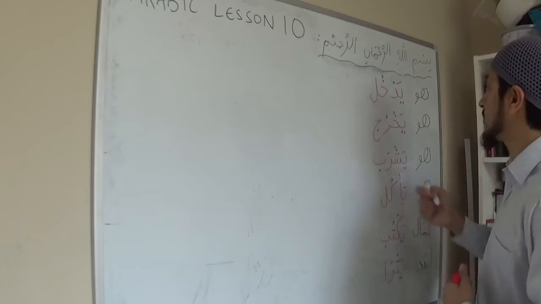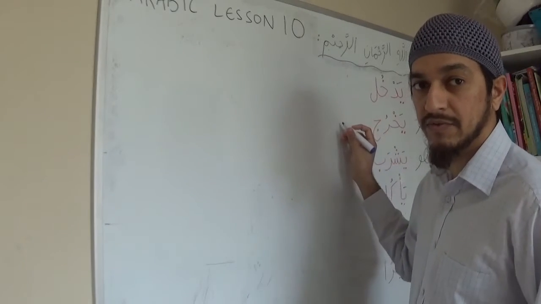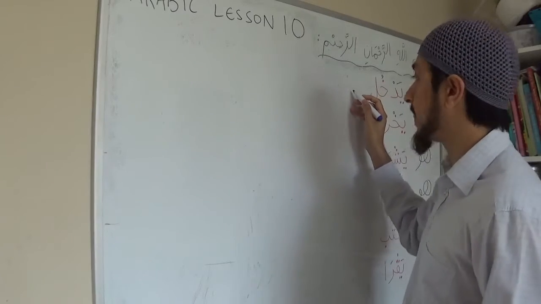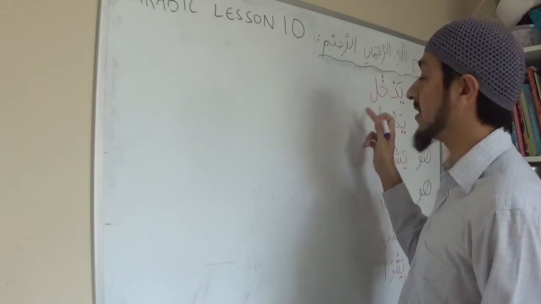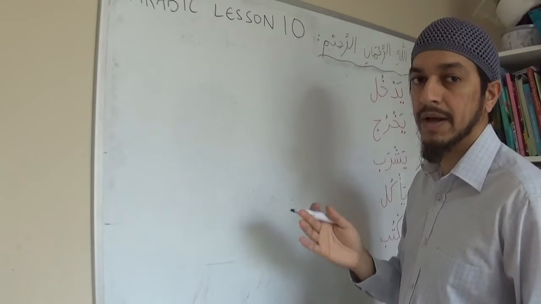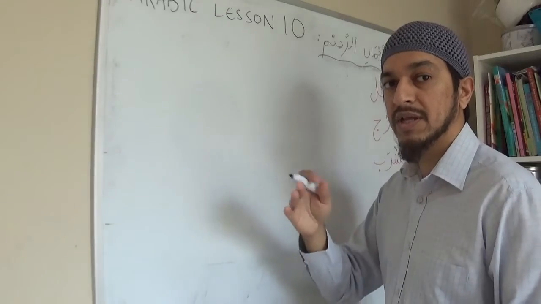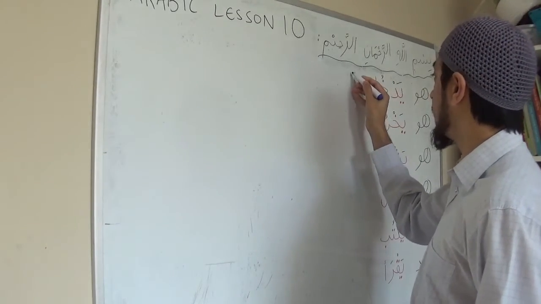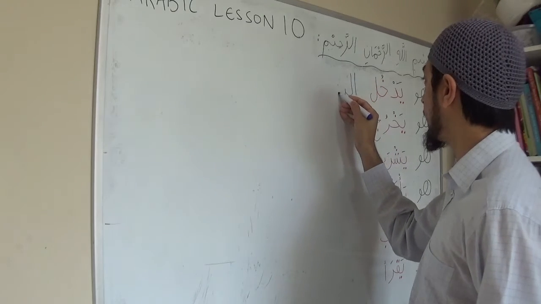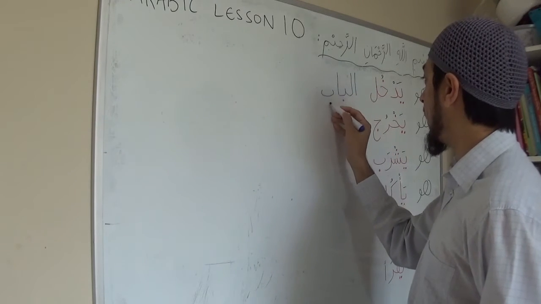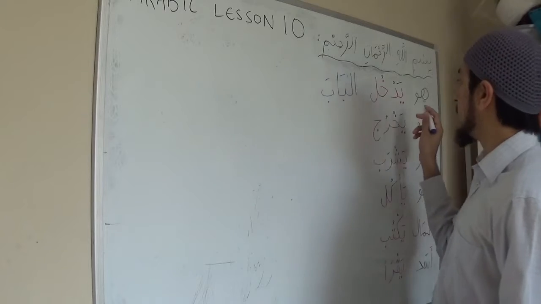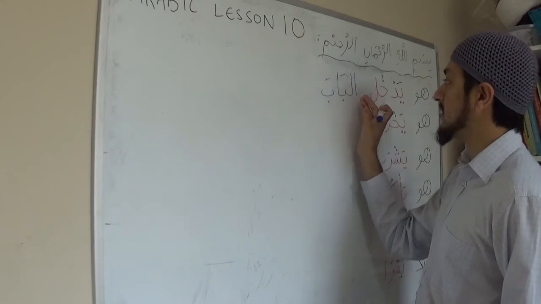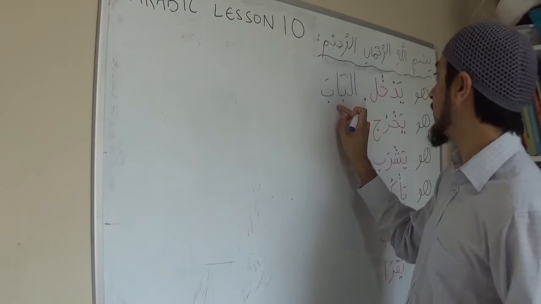I'll start with the first one. So from the list of vocabs that we have now learned, we have al-bab. I can say bab. He's entering a door, but I'll say this time al-bab. So you can change the al or putting the alif lam in front of it or not as you want. هو يدخل الباب. Alif lam, ba alif, bab. الباب. So he's entering. If it was no alif lam, there would have been a door, but because there's alif lam, he's entering the door.